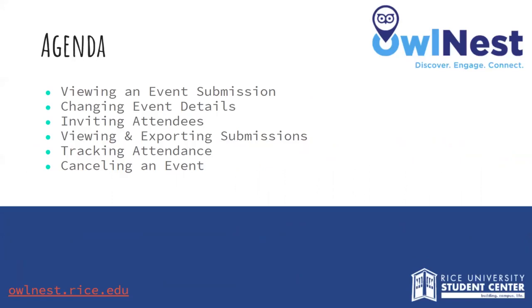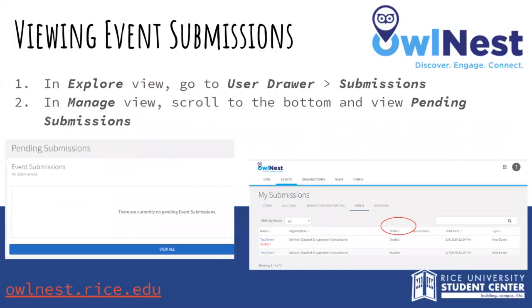In this presentation, we will cover viewing event submissions, changing event details, inviting attendees, exporting submissions, tracking event attendance, and canceling events. You can view event submissions by switching to the Explore view, going to User Drawer and selecting Submission,